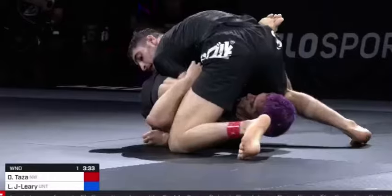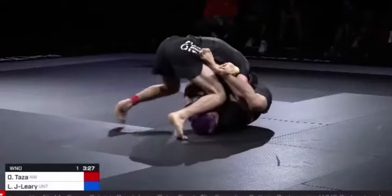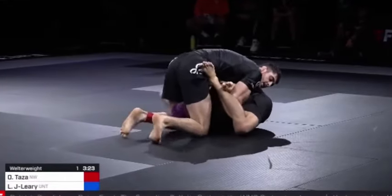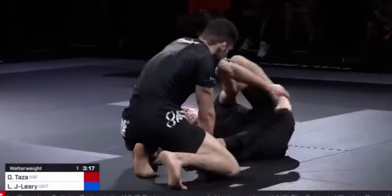This looks like a stress position for Jones Leary, but knowing how good he is at inverting it, and the fact that he has his leg in between the upper body, you have to think that he is in not just a safe position, not just surviving, but most likely in an attacking position. But Taza manages to